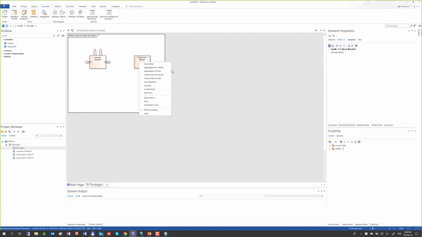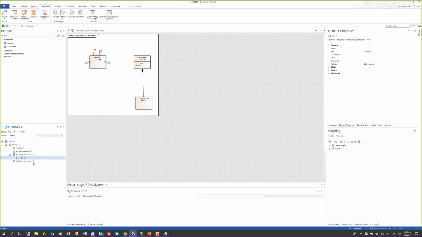So for instance, when I have a composition to whole, it automatically creates the part elements which are typed by this block, Block 2 in my case. With that, I would very quickly introduce the concept of creating and deploying your own